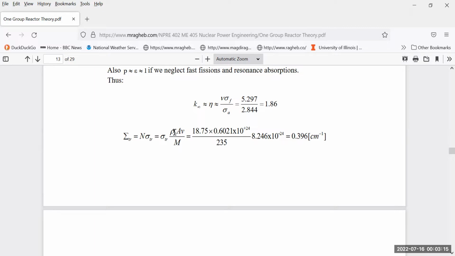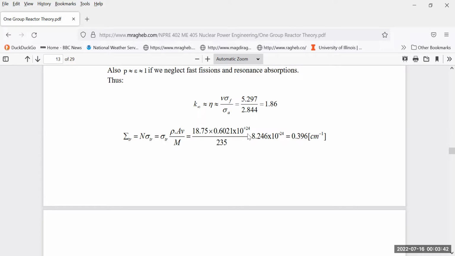It is the density divided into the molecular weight. So the density of uranium-235, actually it's an alloy here of uranium-235 called oralloy, is 18.75. Avogadro's number is 0.6 times 10 to the 24th. I approximated the mass of the uranium as 235. And in that case, you find that